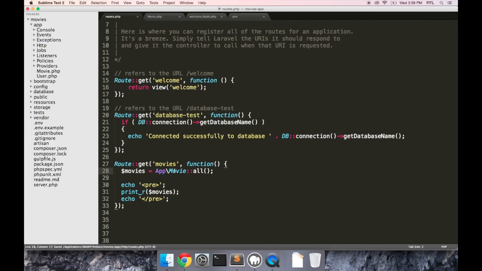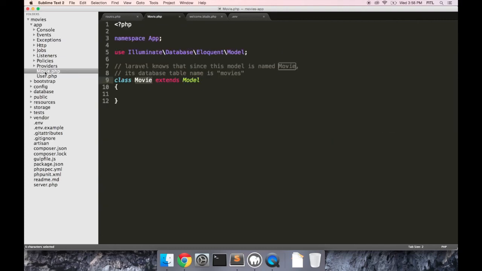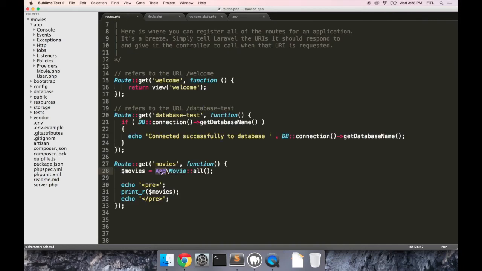So that'll tell it that the Movie class that it's looking for is in this app folder. You can see the reason for that is because of this namespace statement. Don't worry about that too much. Just know that when you create models using the method we just did in the app folder, you reference them using App\ and then the name of the model. So if we save that,